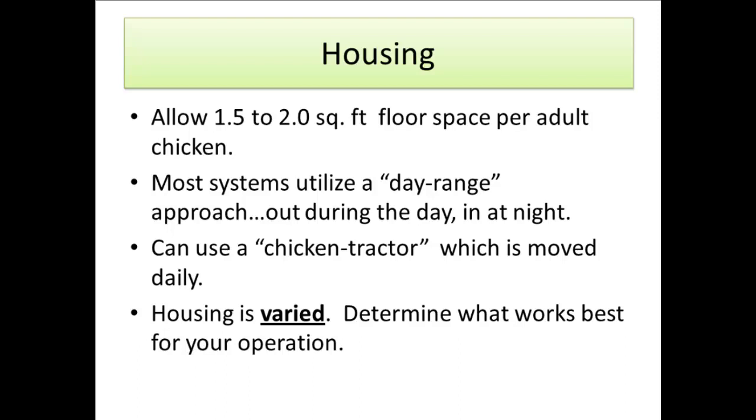It's covered so that they're not out in the elements, but they get sunlight and all of the very positive things that you get from a free-range system. But it's extremely varied. You can have everything across the board. So figure out what